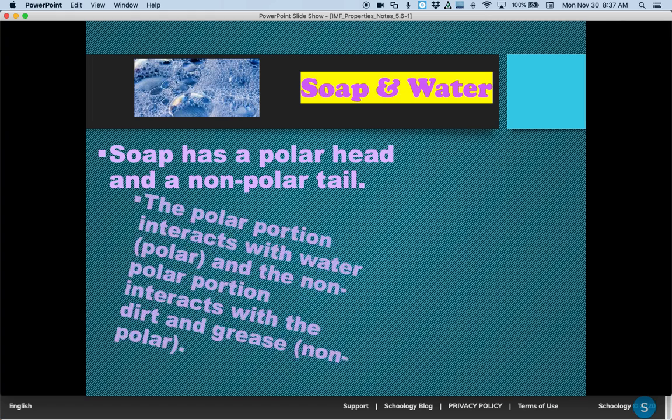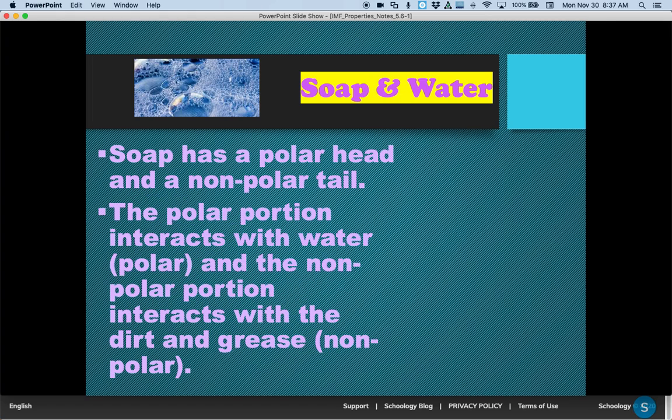So all of these things you're going to want to have written down just to kind of talk about how soap works, and how soap interacts with water. And so a lot of this, I already just said that the soap has a polar head and a non-polar tail. And so it looks kind of like this little pin cushion, or like a fabric pin. I don't know what they're called. A pin that you use in sewing. And so one part can interact with the water and the other part can interact with dirt and grease,